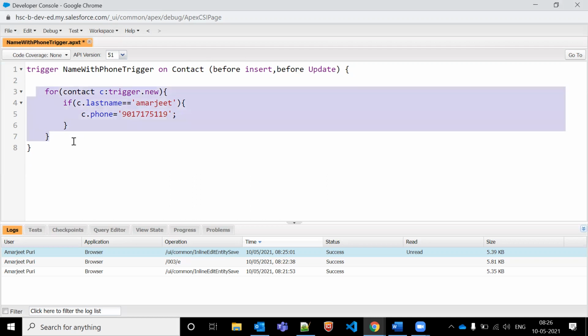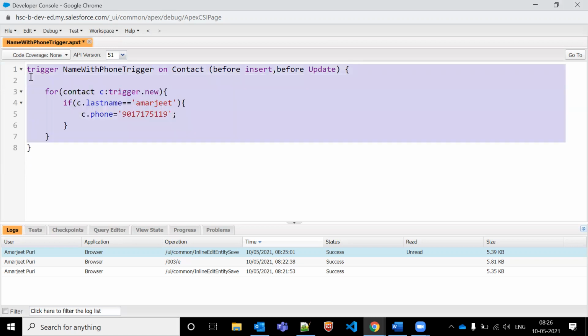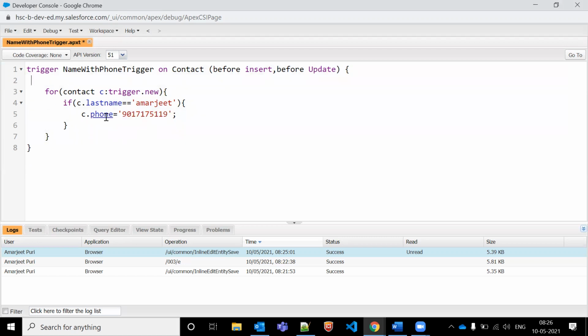Okay, did we understand? Sorry. Should we understand that if it is in the curly braces, that's the updated information? I didn't get it. In line number 5, you say if c.lastName is Amarjit, then you close the bracket and open the curly bracket. So whatever is in the curly bracket is the information which gets updated. Is it something like that? No, it doesn't mean like this only.